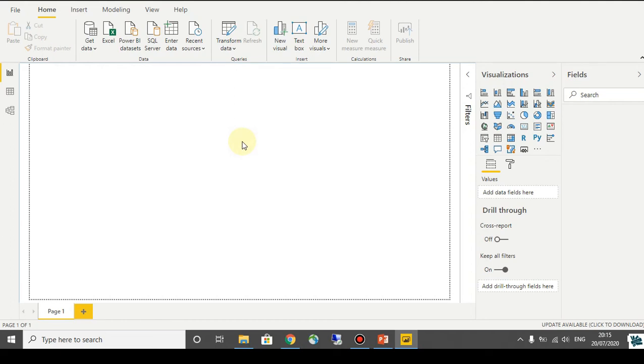Previously, we have seen the components of Power BI and a sample demo of a Power BI report. In today's session, we will see how many sources there are through which we can import data in the Power BI tool. So let's get started.